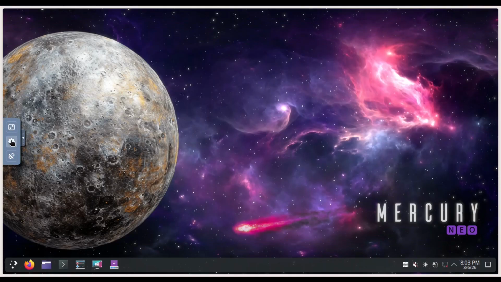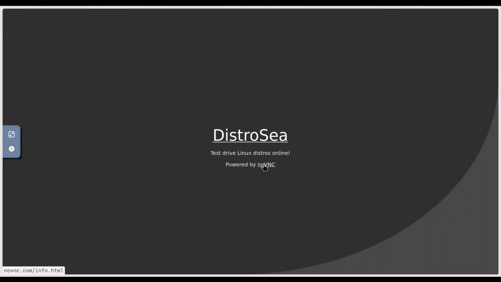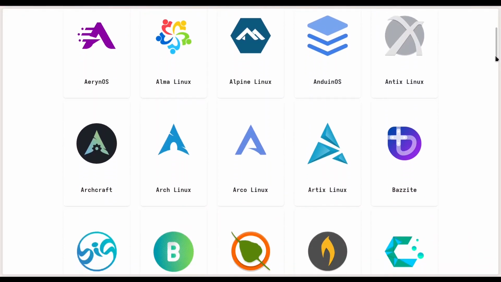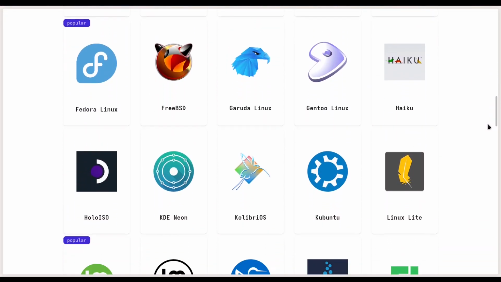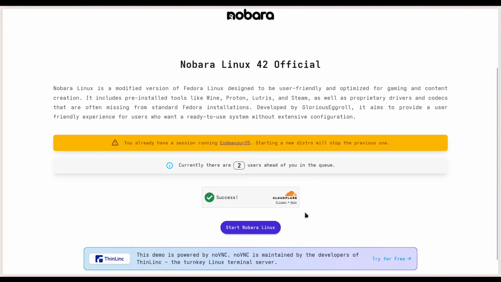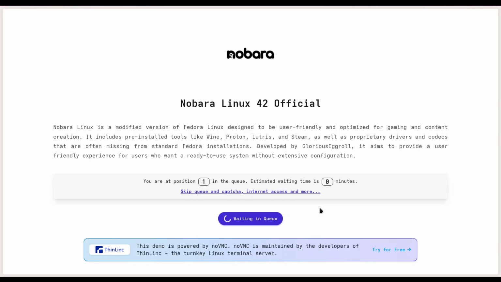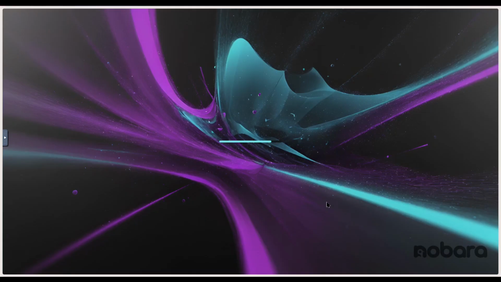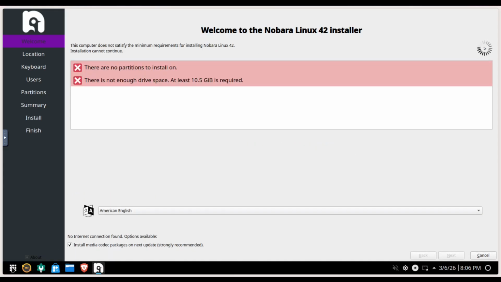The Linux system is not running on your computer at all. Instead, DistroSea launches a virtual machine on its own servers. Each time a user starts a session, the server spins up a temporary environment with the selected Linux distribution already installed. The graphical desktop from the virtual machine is then streamed to your browser using remote desktop technologies such as VNC and HTML5 based web clients. From your perspective, it feels like you are interacting with a real system locally, even though everything is happening on